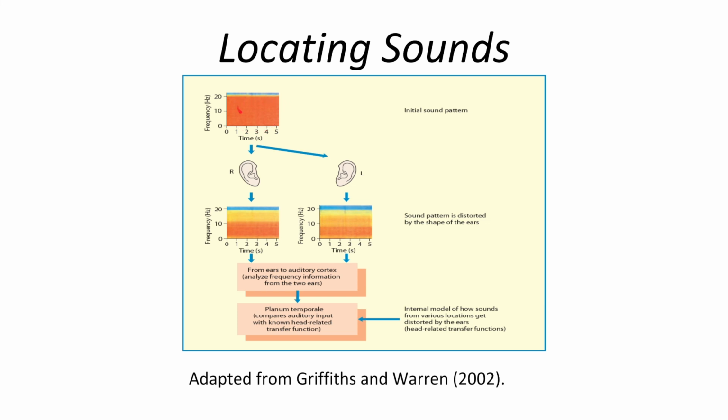So all of this red area, because you don't see any differences there, means that this is all the same amplitude of each frequency. We can then pass this initial sound pattern through molds of an individual's pinna here and record what comes out the other side, or what would have come out into the ear canal. And when this has been done in research, what they find is that the pattern that emerges through the pinna is slightly different from the input pattern, and that it's slightly different when you compare what happens with the two